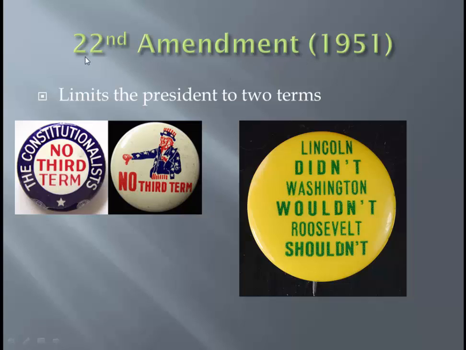22nd Amendment. Remember the 22nd Amendment. In the 1930s and 40s, Franklin Delano Roosevelt served 4 terms. He died in his 4th term. The man almost served 16 years, but he ended up serving about 13 years. So what did the 22nd Amendment do? It limited the presidency to 2 terms. So 22, 2, 2, 2, 2. If you remember the 2s, you'll remember that that's 2 terms.